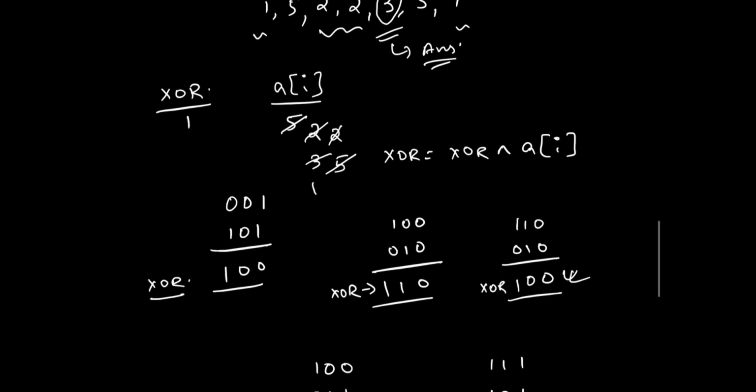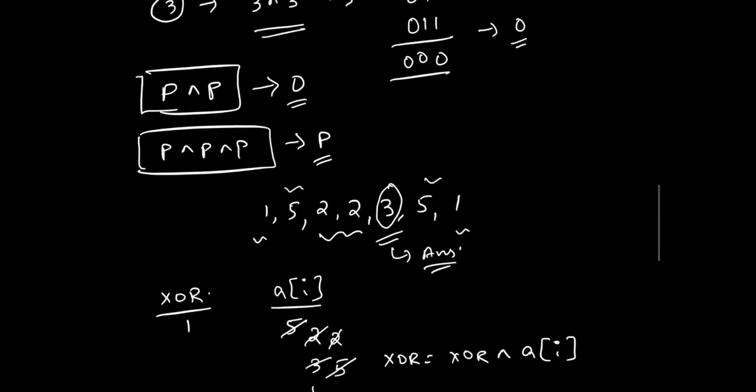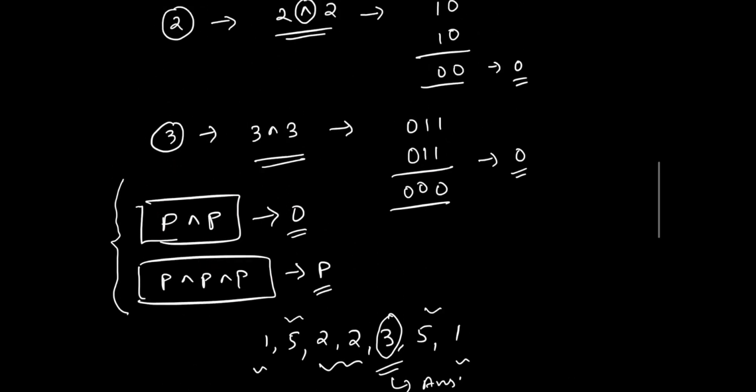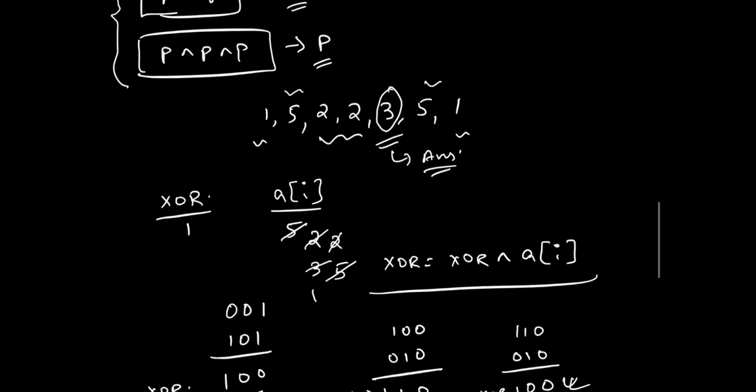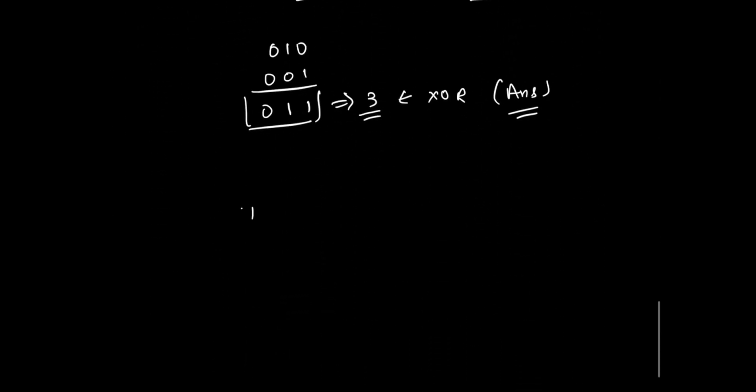If you look at it at a very high level, what has happened here is that all even occurrences have been cancelled to 0, which is 2 2, 1 1, and 5 5, and there is only one element left that cannot be further cancelled as per this formula. So that ends up being our answer. This operation runs in a single loop throughout the array, so the time complexity is definitely O(n), and we are not using any extra space.